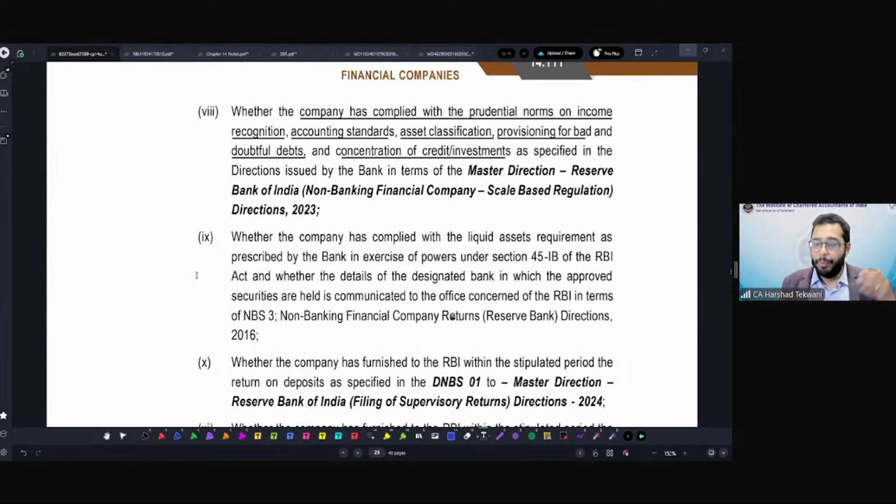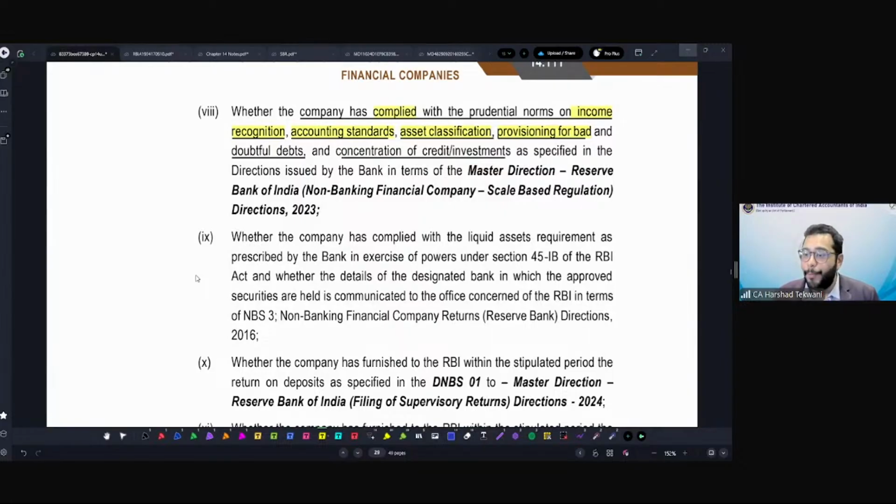So prudential norms or prudential regulations not only specify the asset classification or provisioning for bad debt, but they also specify accounting standards. They also specify income recognition. Okay, so prudential norms specify various things that we have seen. Now whether the NBFC has complied with that or not,